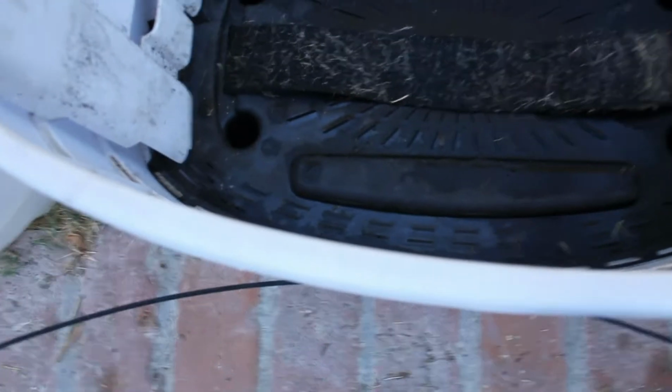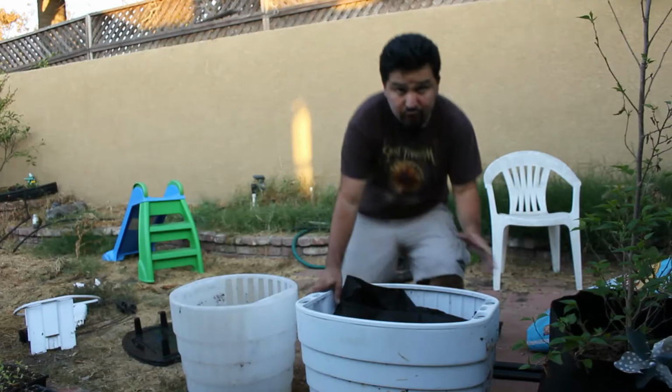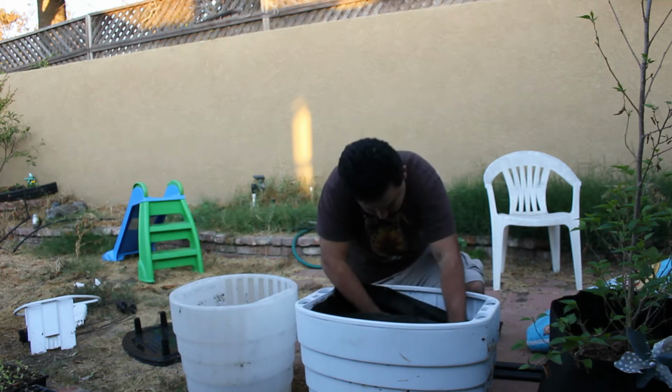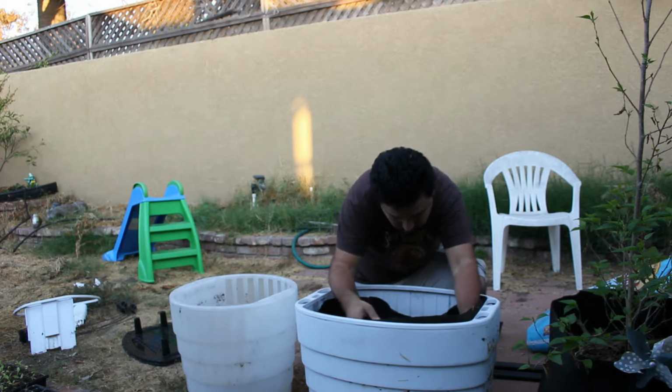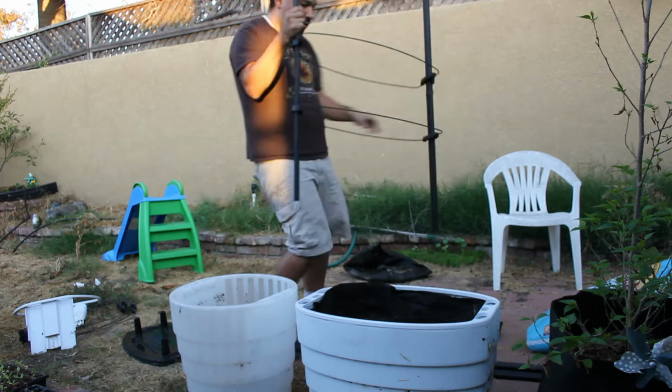So the inside. So this is the bottom tray. Just keep in mind that the bottom part under here is full of water. This little strip is what's going to bring up the water, as I explained a little earlier. It goes in here. So I've shown you what it looks like, the inside anyways. So these are going to go in here. You fill this with soil, you fill this with plants or seeds, and these you basically,